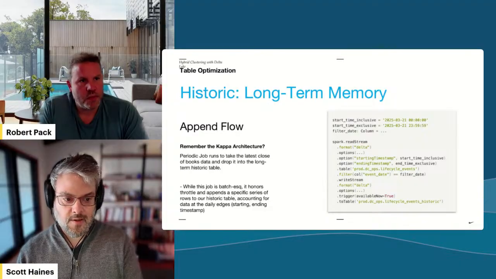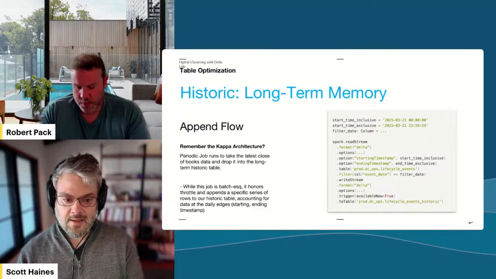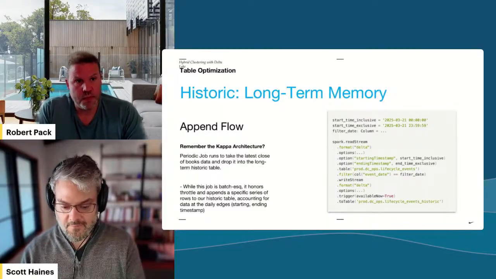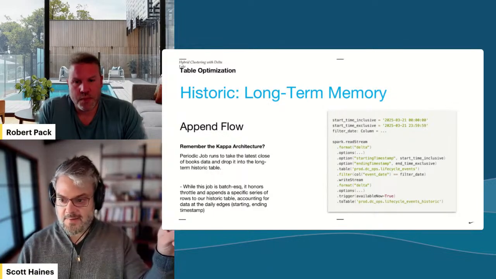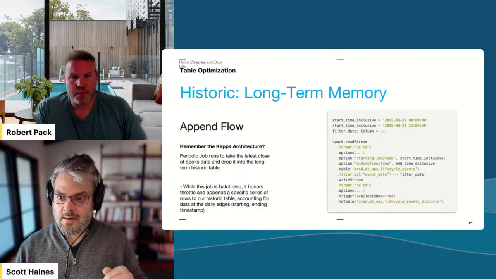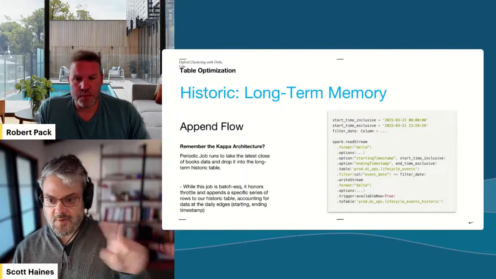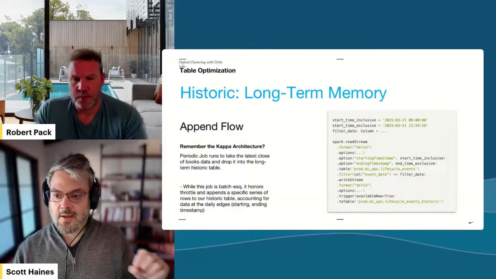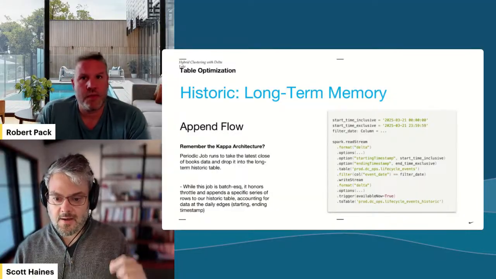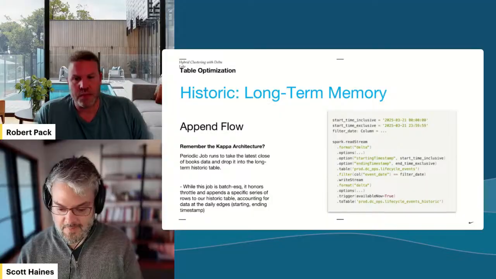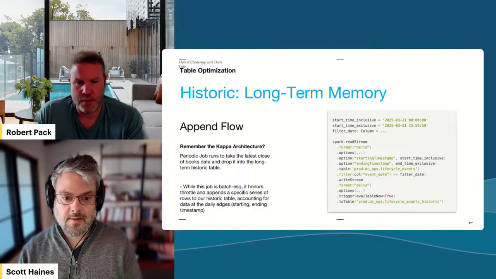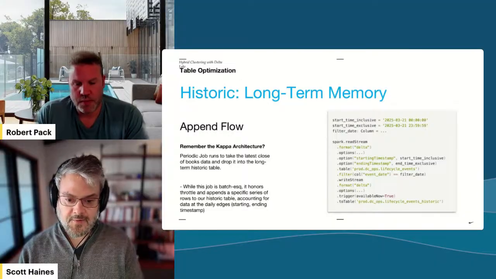So I've got my long-term memory append flow. If you think about Kappa architecture, for people familiar with it, you've got streaming fast-term memory. That's great. It's moving as fast as it can. It's inaccurate, but that's okay. And then you have a slower system that's much more accurate and moves through the data. So if you think about this close of books as acting more as the Kappa pattern, then this allows you to